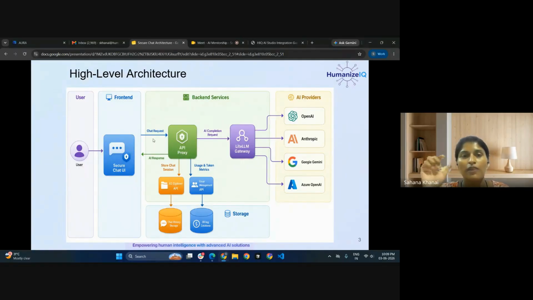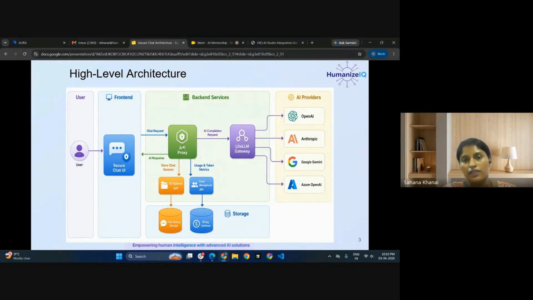To fetch the prompt, we have the logic in the API proxy. So we just need to pass the prompt title. In Secure Chat, we are using system underscore prompt. That is the prompt title. We are going to pass that in the payload. Based on that prompt title, the API proxy is going to fetch the actual prompt in the backend, then pass that prompt to the LiteLLM gateway. This routes the request to ChatGPT, where the provider is OpenAI. Then the response comes back to LiteLLM, and is again received at the API proxy.